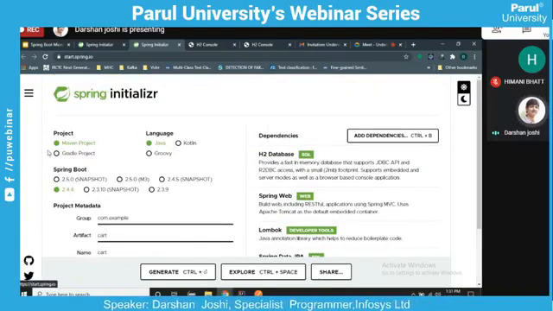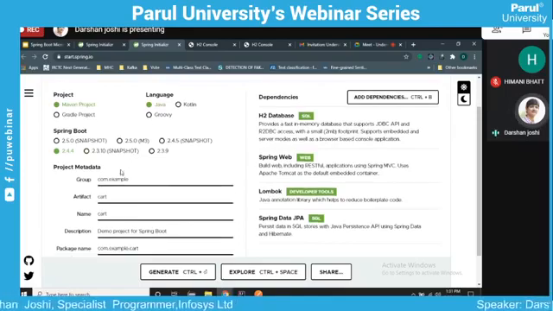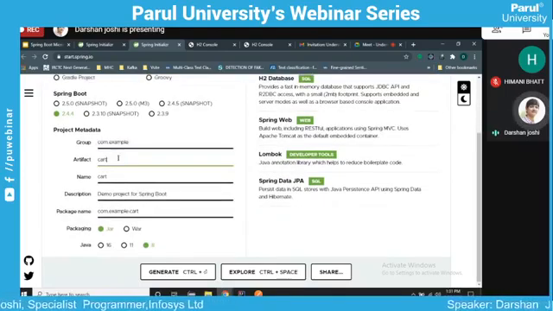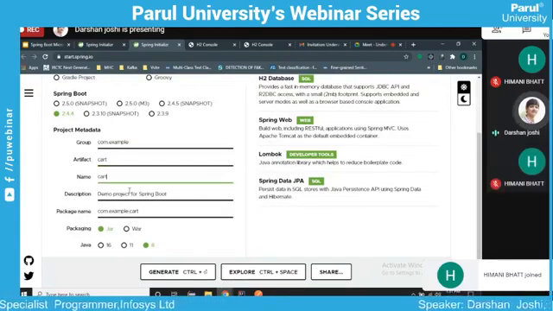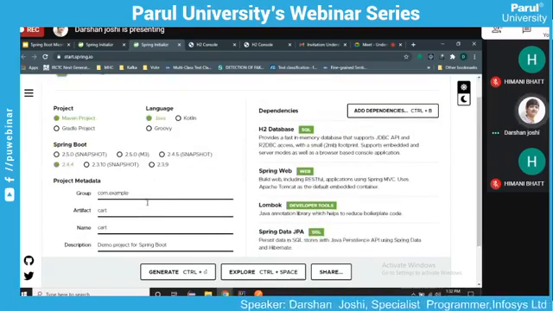Here we are going to create a Maven project. This is a build tool. You can create a Gradle project as well as a Maven project. Language would be Java. We are taking the most stable version of Spring Boot, which is 2.4.4. We have to define the group and artifact, basically the package name. We have to provide the packaging: jar or war. We are going to take the jar, and here I'm going to take Java 8 for now.